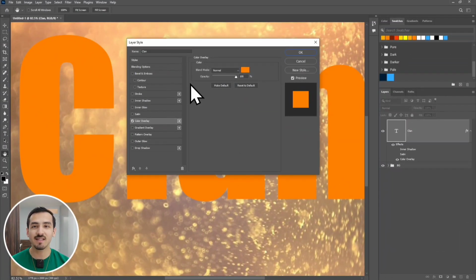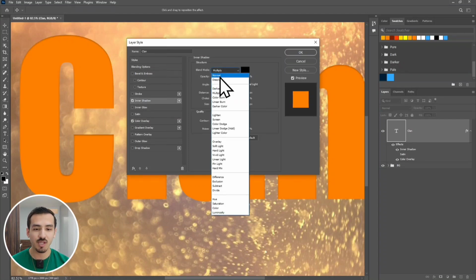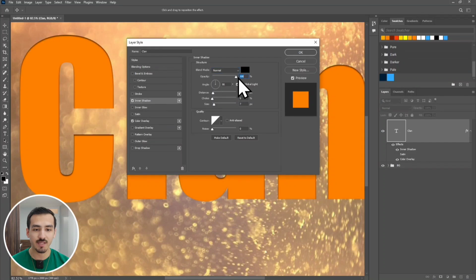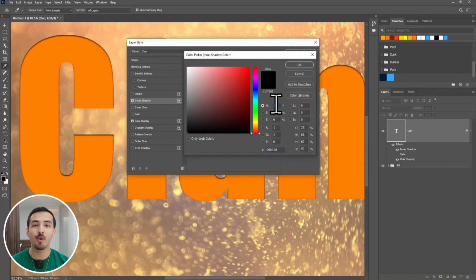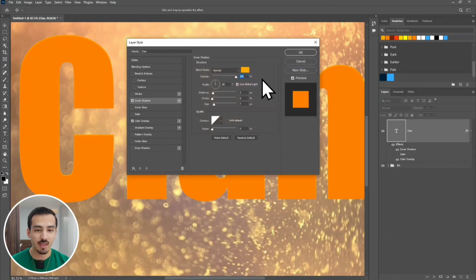The next effect is inner shadow. Click on it and enable it. Blend mode should be changed to normal, opacity 100%, and the color should be a brighter color than our color overlay. Change it to 40 in hue, 100% of saturation, and 100% of brightness. Angle is 90 degree and check the use global light so the whole angles of our effect would be the same. Distance should be reduced to 0 pixel and choke 0%, and for the size let us increase it